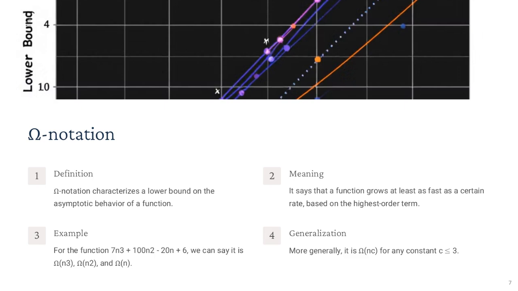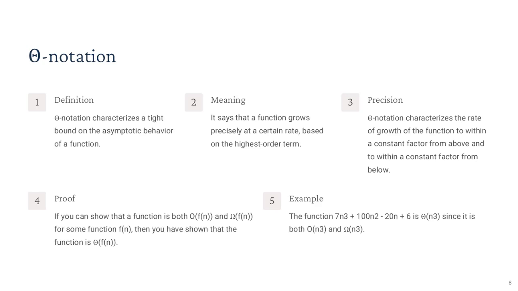For example, the function 7n cubed plus 100n squared plus 20n plus 6 can be described as Omega(n cubed), Omega(n squared), or even Omega(n), with Omega(n cubed) being the tightest bound. By establishing this lower limit, omega notation ensures a realistic understanding of an algorithm's efficiency and provides valuable insights into its foundational behavior. Theta notation, or big theta notation, provides a tight bound on an algorithm's growth rate, combining upper